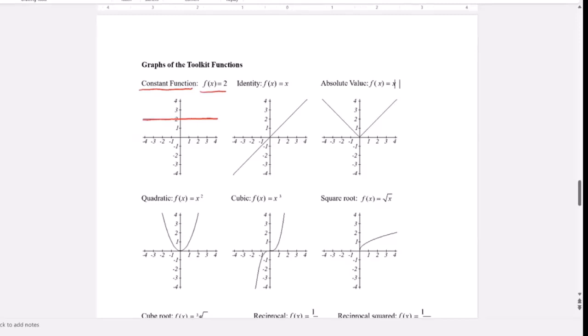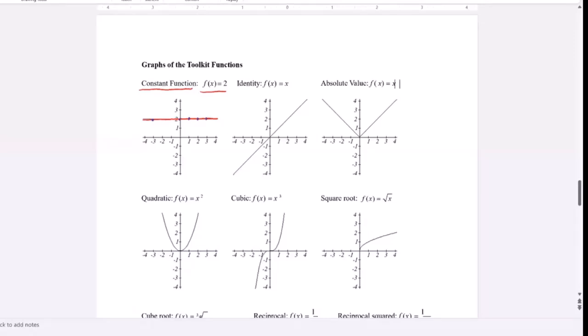So how is that a horizontal line? Well, think about it. That's the same as saying y equals 2. So what is y when x equals 0? 2. When x equals 1, y is 2. When x equals 2, y is 2. If I were to plot those points, it'd look like this. Right? And I could say when y is 3, when y is negative 3. And if I connect all those dots, I would get my straight line constant function, which is f of x